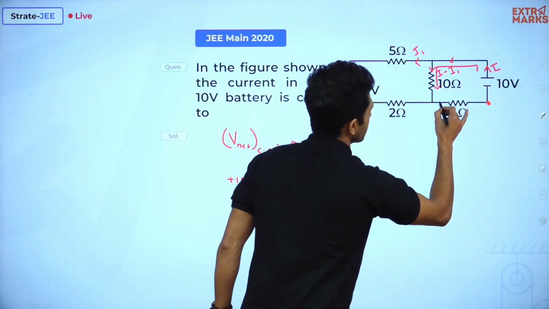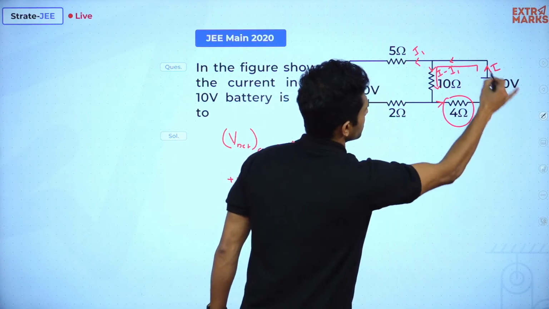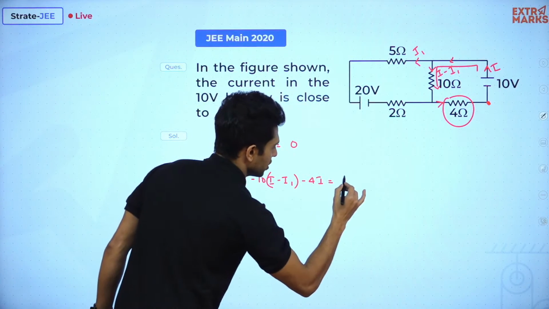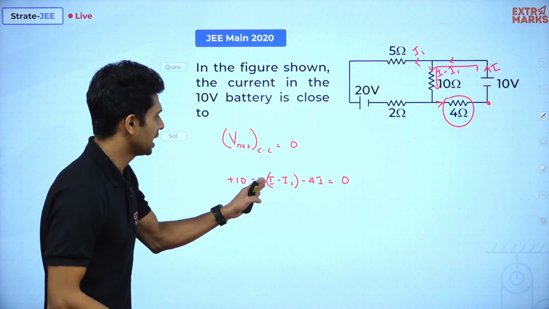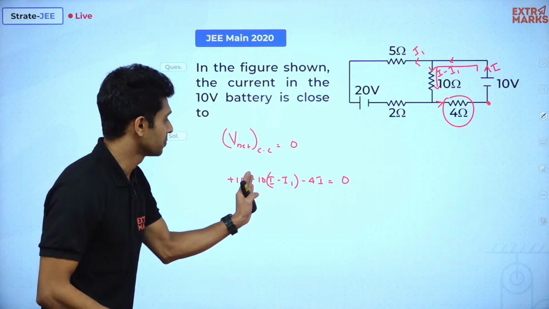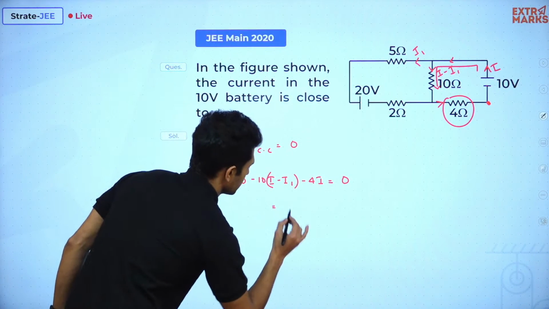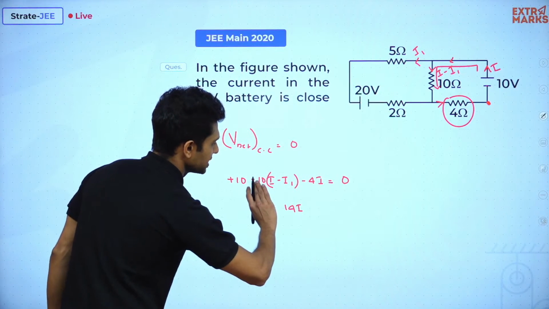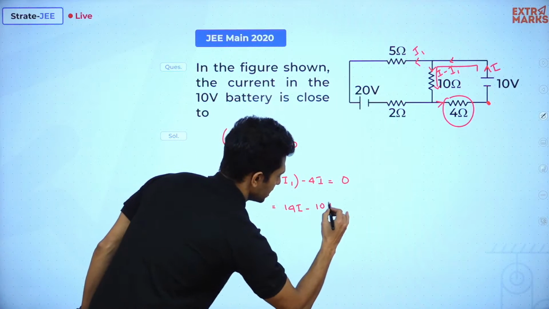Okay, then we continue, and through this 4 ohm, how much will be the current? Through this branch, it's I. So that is minus 4I. Once again minus, we are traveling in the same direction. So rearranging, plus 10 minus 10I minus 4I is minus 14I. If you take it to the right hand side, that will be plus 14I. Minus of minus plus 10I1. If you take it to the right hand side, minus 10I1.